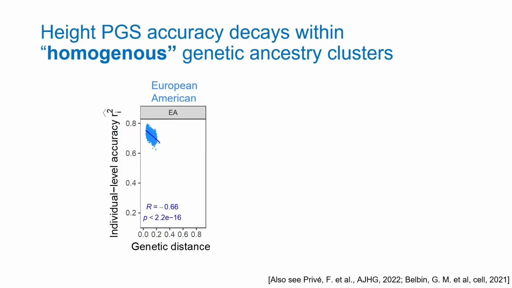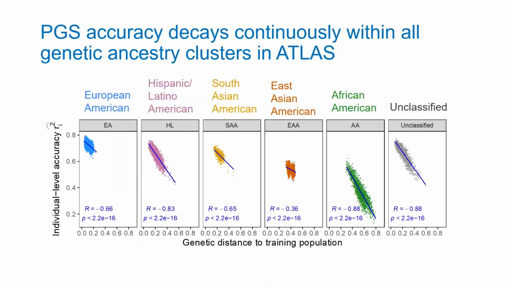And I plotted that in all these different populations, with the idea that maybe we can see whether there are populations where genetic distance does not impact accuracy. And to a first approximation, there's no such population. So genetic distance impacts accuracy in all populations. There's nothing really special about admixed individuals. We're all admixed in some way, or we all have some distance from the training data, right?